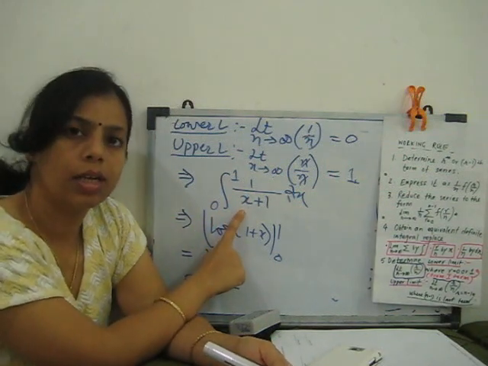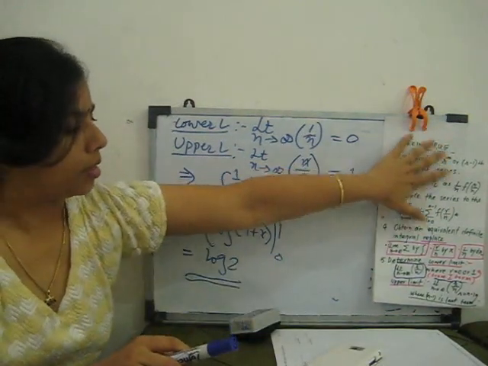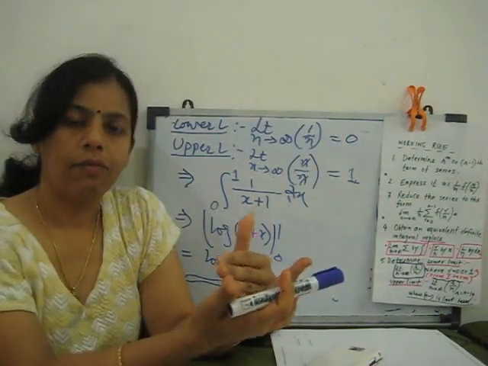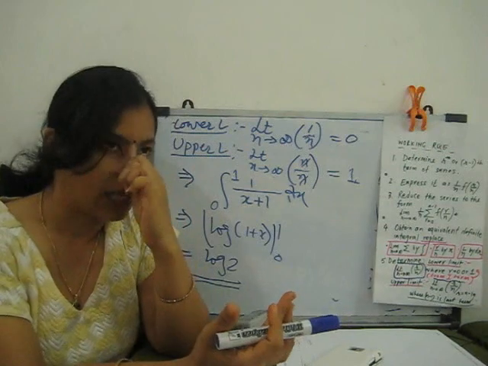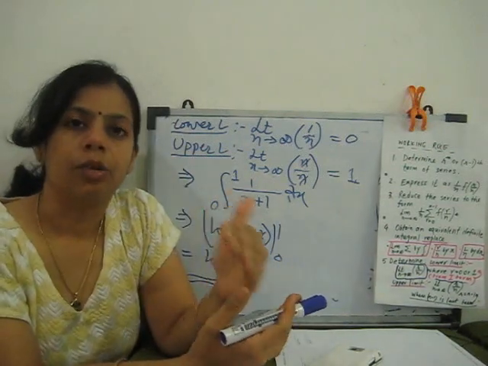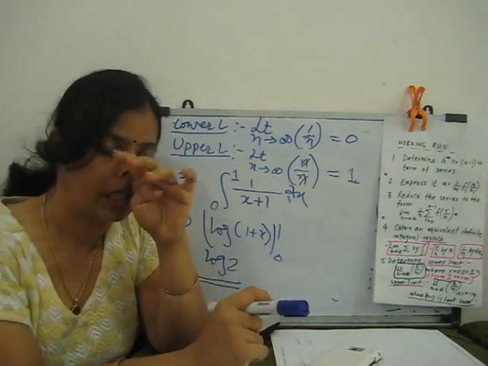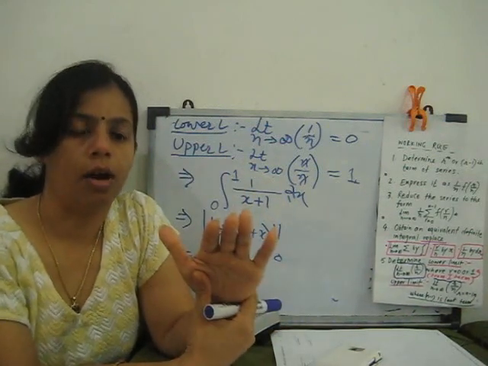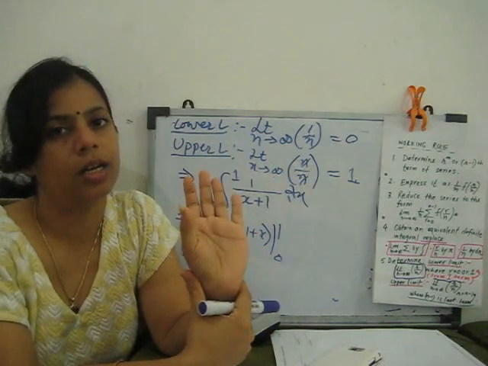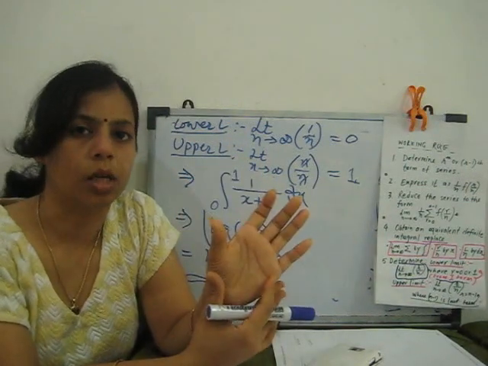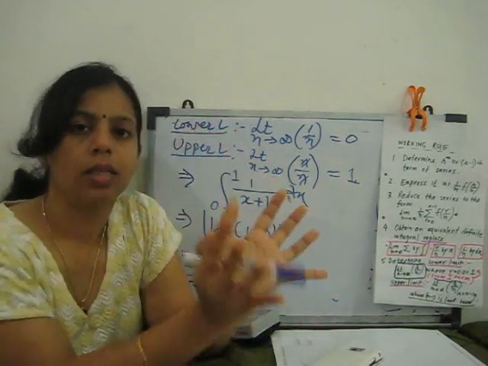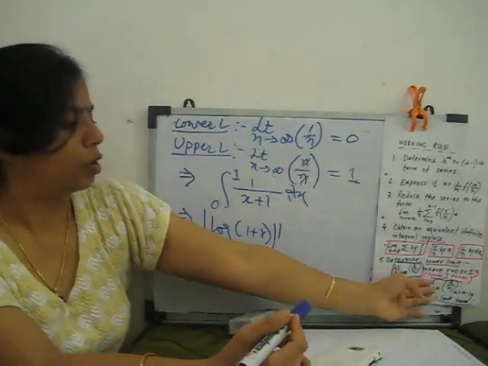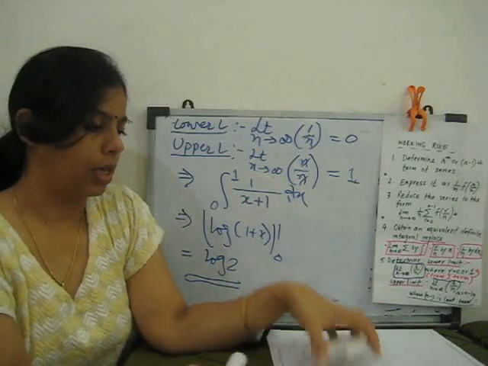First we reduce it to the integral, then we can solve. If you go by these steps, you can easily find the solution. Step 1, find the general term. Step 2, convert that general term into the form 1 by n, r by n. Step 3, convert the given series with the help of the general term and summation of the series. Find the upper and lower limits, put them there, and you will get the required definite integral.